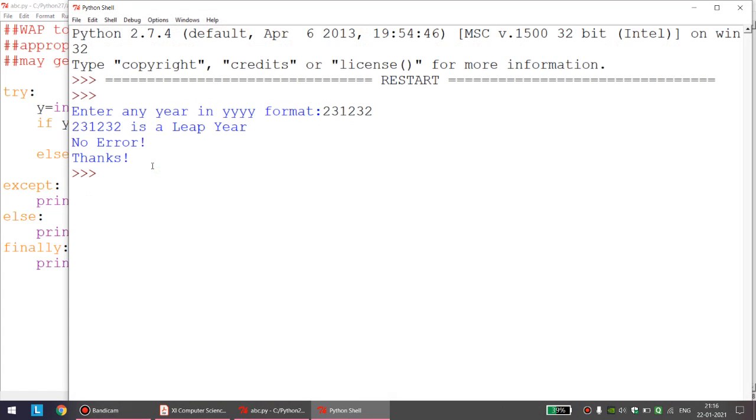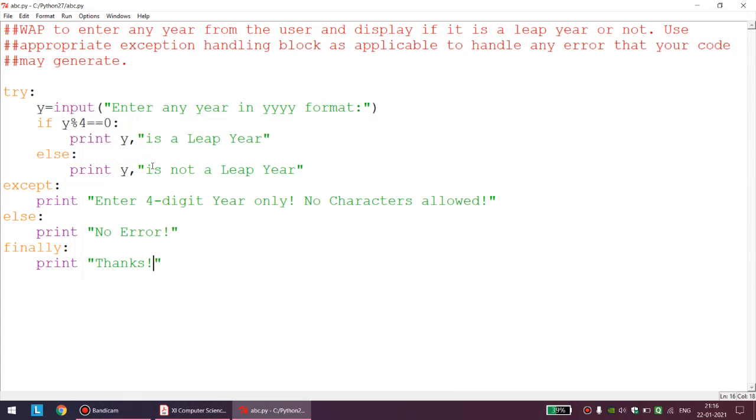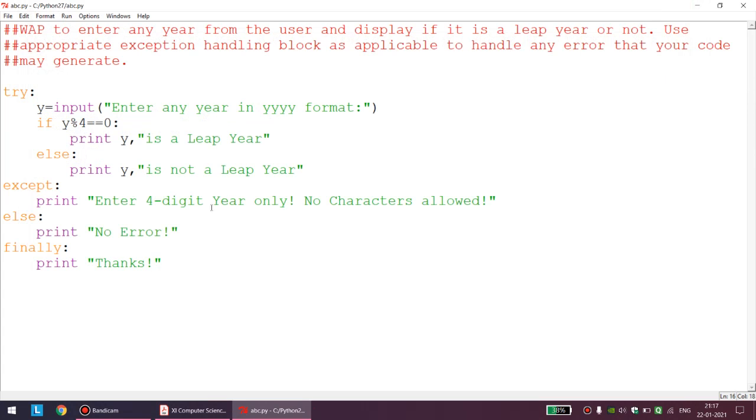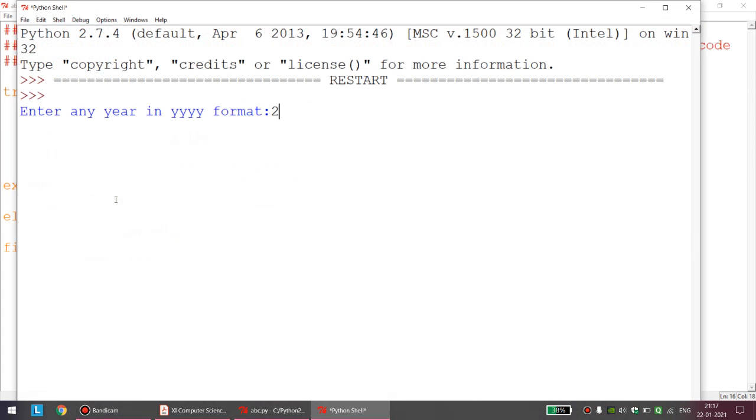So students, I think I have to handle the length, because otherwise my program will be nonsensical. Suppose I enter this, logically my program is wrong. But exception handling will not handle everything. It will handle something only when an error is coming, and this is not an error. This is a number only.